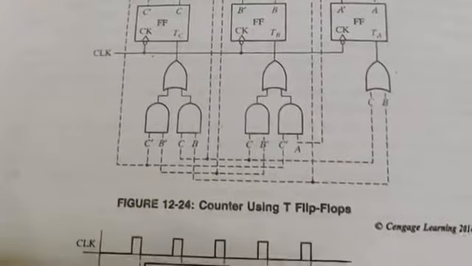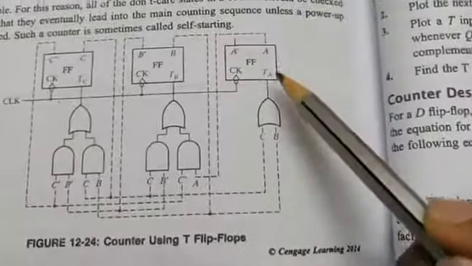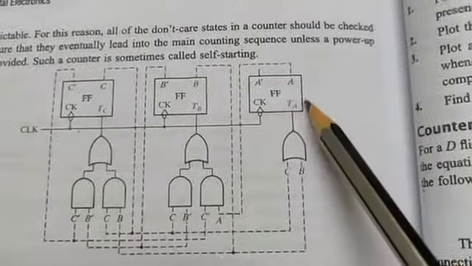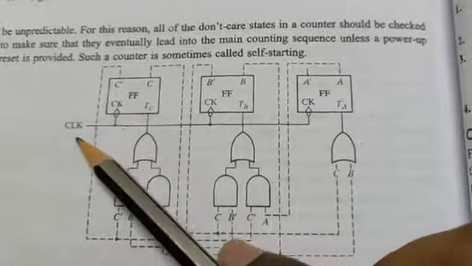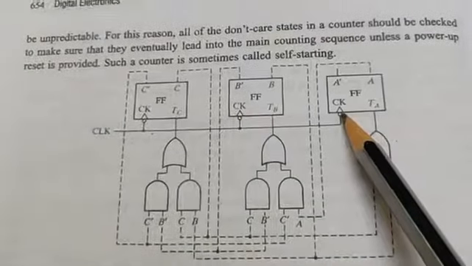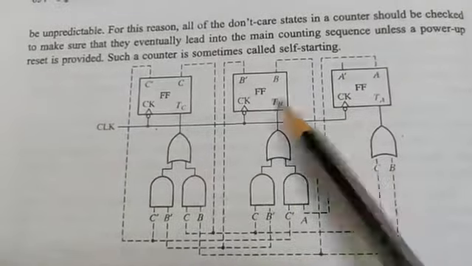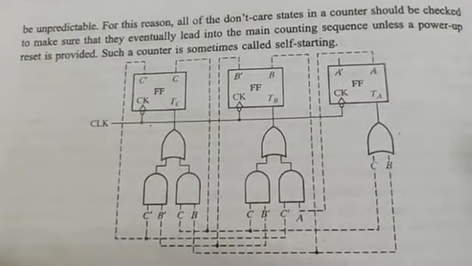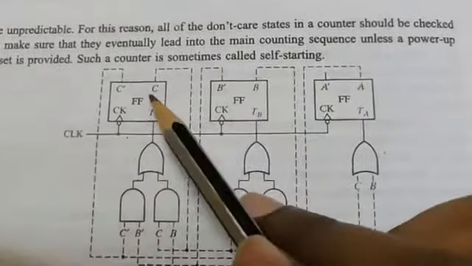Here is the circuit diagram for the T flip-flop. As we know, we are concentrating on A, B, C, so we are supposed to make use of three flip-flops. So this is the A flip-flop, B, C, with inputs TA, TB, TC. The clock pulses are commonly connected to the clock. This particular flip-flop works on the negative edge trigger because we have a bubble here. This is A and A bar, B and B bar, C and C bar.